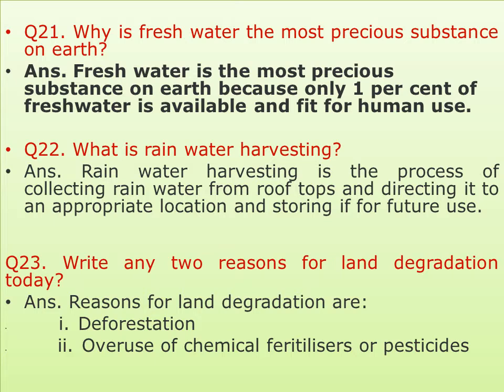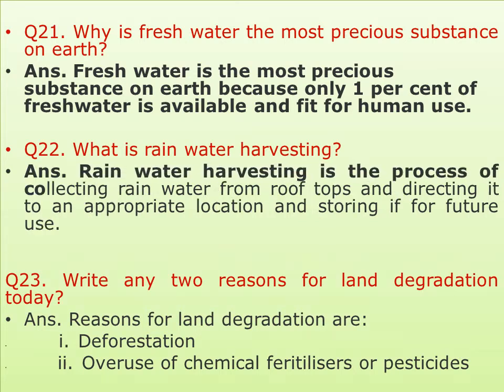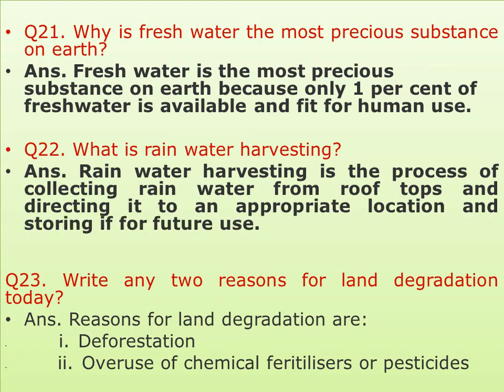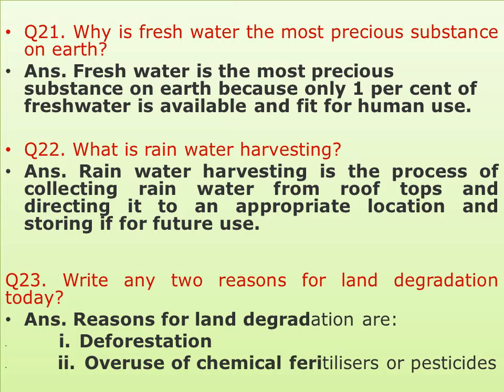Question number 22. What is rainwater harvesting? Rainwater harvesting is the process of collecting rainwater from rooftops and directing it to an appropriate location and storing it for future use. Question number 23. Write any two reasons for land degradation today. Answer: reasons for land degradation are: number one, deforestation; number two, overuse of chemical fertilizers; and